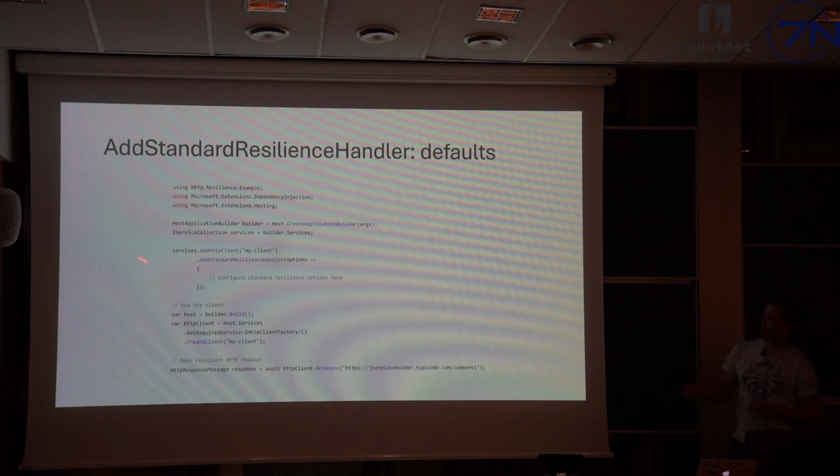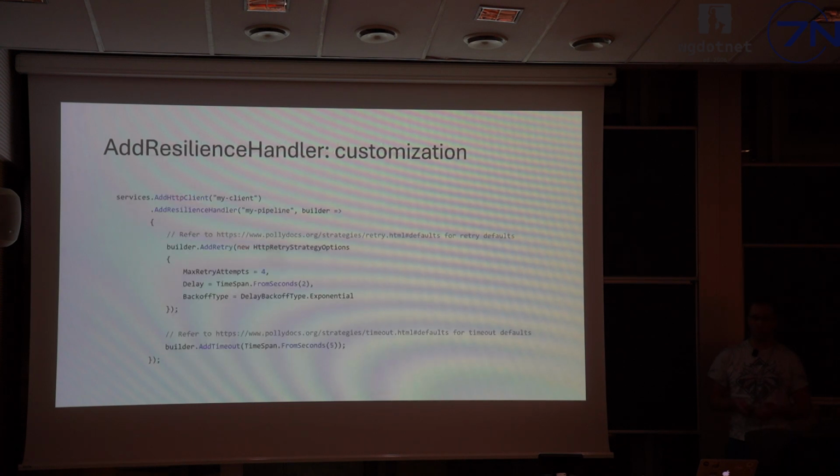Some examples. Can you see anything, by the way? Yeah. Okay, so if you do something like services.AddHttpClient, you're registering the HTTP client factory for this name. And if you just use a method called AddStandardResilienceHandler, you're enabling all of the defaults that the people who were building these high-scale services believe are the reasonable defaults. So default max retry count, default timeouts, etc. Of course, you can customize everything if you wish.